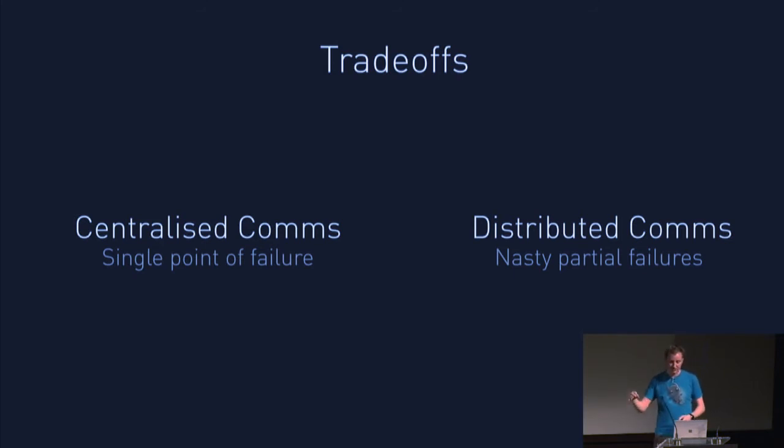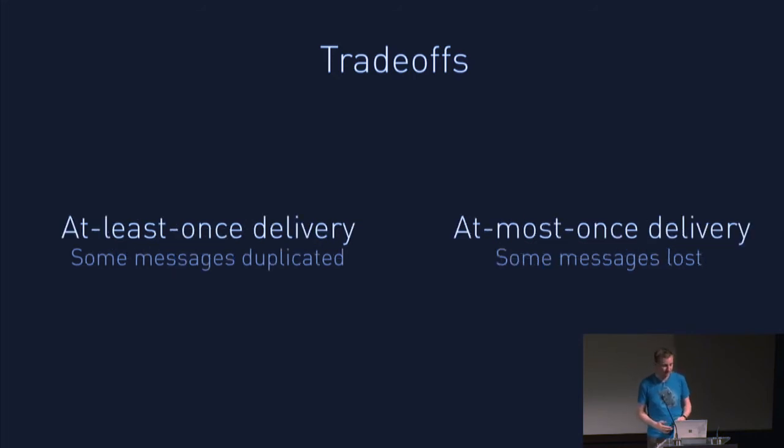In the obverse, you have distributed stuff where you have all this apparently redundant communications, but now you have 190 different connections to debug. If one of them disconnects or slows down, finding it is much harder than working out your single central thing has gone down. So that's just one example of a trade-off.